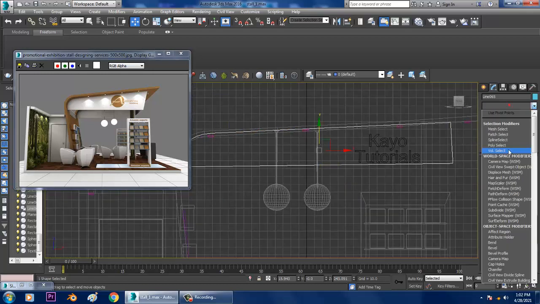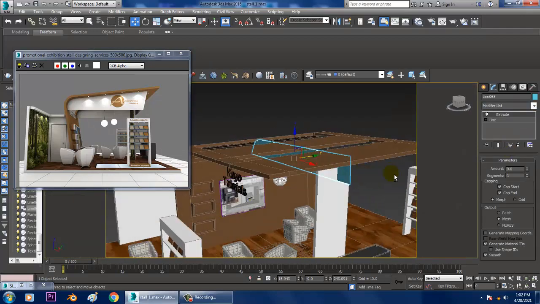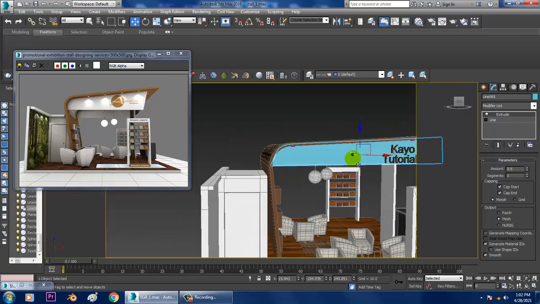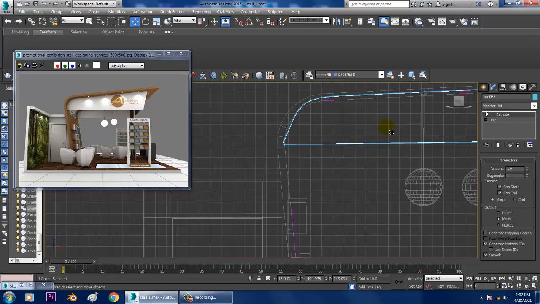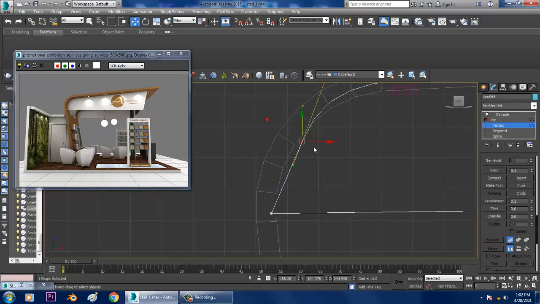So let's just give an extrude modifier over here and slightly, so go into the vertices and push this inside.